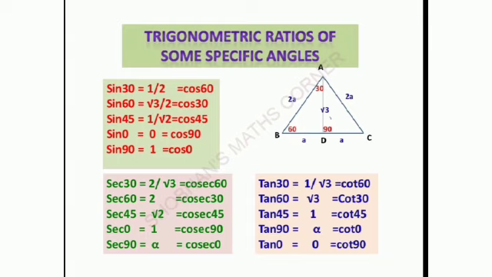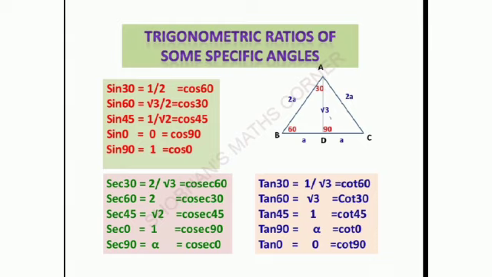Now, consider the triangle ABD, where D is 90 degrees. In this right triangle, AB is equal to 2a and BD is a. By using the Pythagoras theorem, we can find AD square is equal to AB square minus BD square. If you simplify, we get AD is equal to root 3 a. Also in an equilateral triangle, the median divides the vertex angle into two equal parts. That is why you can see angle BAD is equal to 30 degrees.